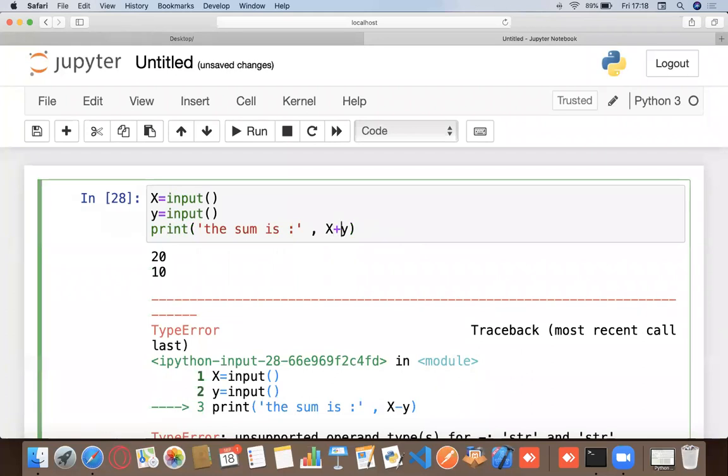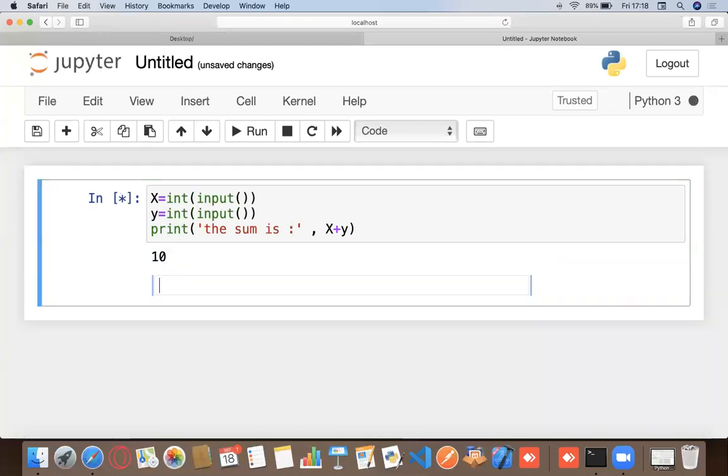So now what should we do? The answer is really simple. We need to typecast it. And when I say we need to typecast it, I mean that we need to explicitly tell Python what kind of data type we are expecting. If we don't do that, the default data type would be string. Right. So I could say something like, I want an int. Same for this. Now, if we try it, we get the sum is 30. So is it clear what we are doing right now?